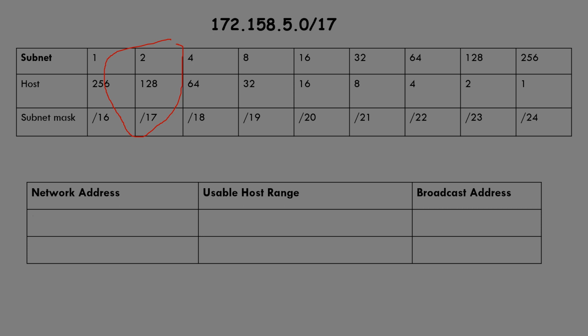Since this is a class B address, the first two octets won't be changed. Changes will be on the third octet. So the network address will be 172.158.0.0 and the next network address would be the addition of 128 to the third octet, which is 172.158.128.0. Now the broadcast address would be one minus the next network address, which is 172.158.127.255 and